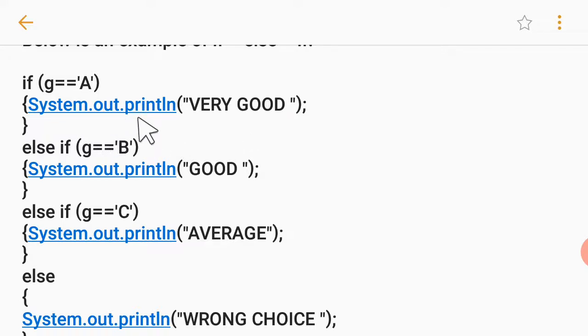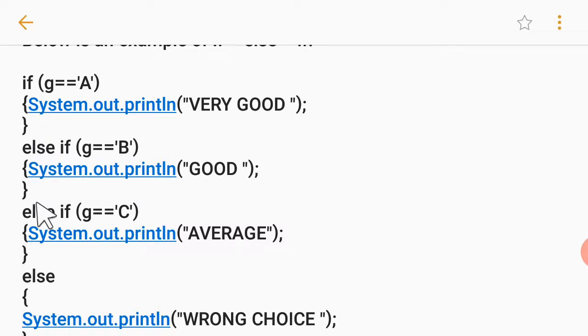Whenever you write a single statement, it can be written without curly braces, not a problem. Whenever you want more than one statement to be executed when the particular condition is satisfied, always use curly braces because that shows the scope of that if. But my suggestion to students is that whether you are writing a single statement or multiple, don't forget to mention the curly braces, because during the examination in a hurry you miss curly braces while writing the if else if. So make it a point that you write curly braces all the time.